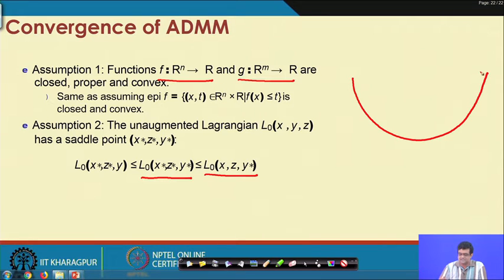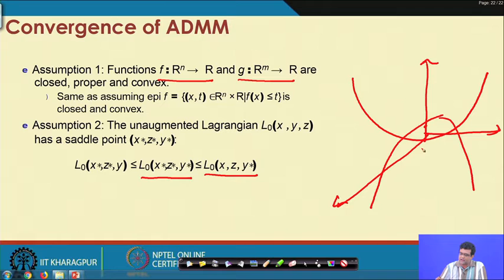So, this is the convex direction, and this is the concave direction. So, if there are two directions, and in one direction at this point, this is the optimal point x star, z star and then y star.